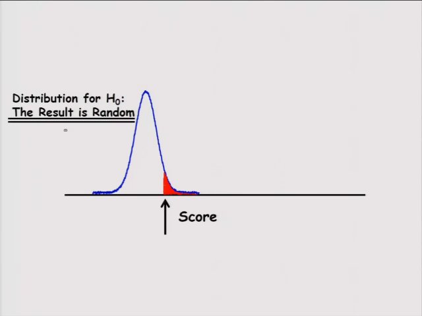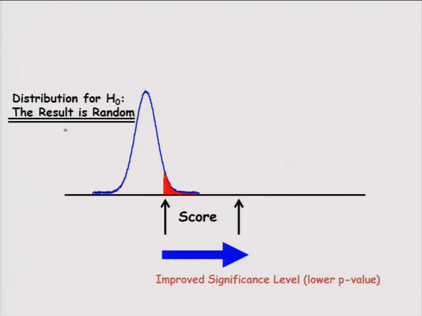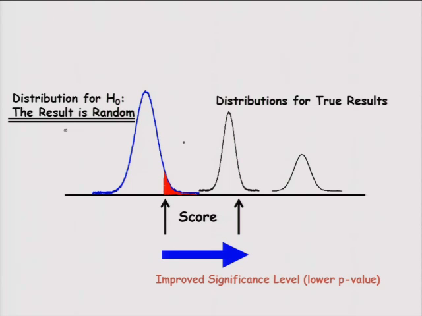So if we do an experiment which yields a particular score, we can look at the overlap with that distribution, and this red area is then representing the significance level or the p-value. So the further away our score is from this distribution, the lower is the p-value. The true results have typically unknown distributions. We can just hope that they are far away from the false results, but in reality